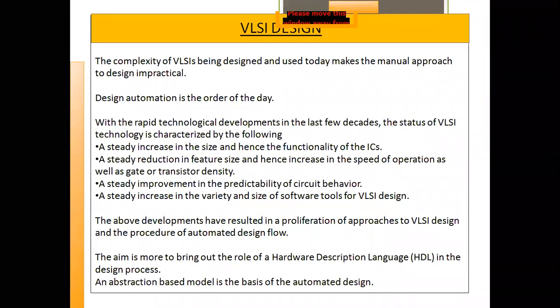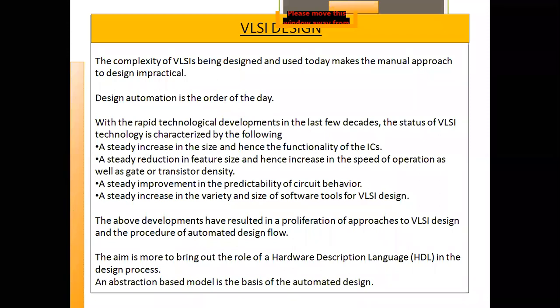Okay, it is in the order of 10 to the power minus 6. VLSI design means within a single IC or a very small sized die area, we have to accumulate a large number of transistors, in the order of thousands and lakhs. So it is highly impossible to do manually. So design automation is the order of the day then.